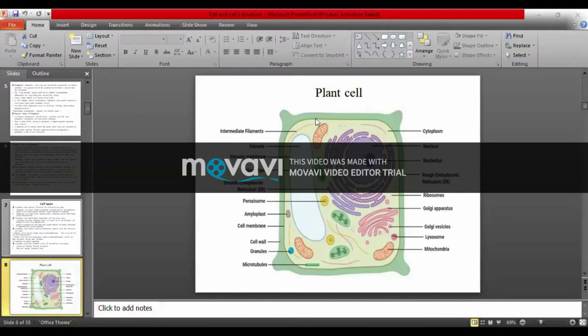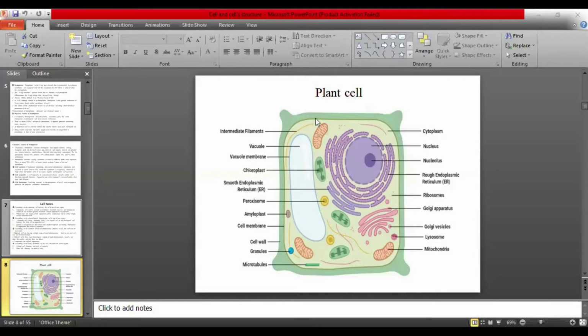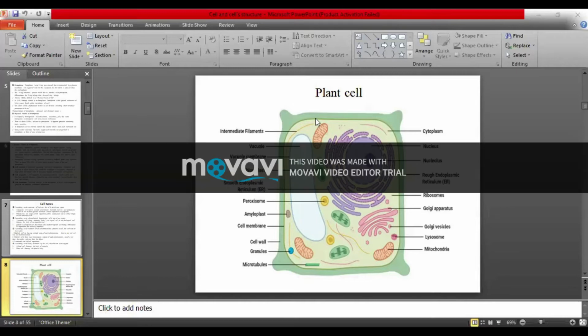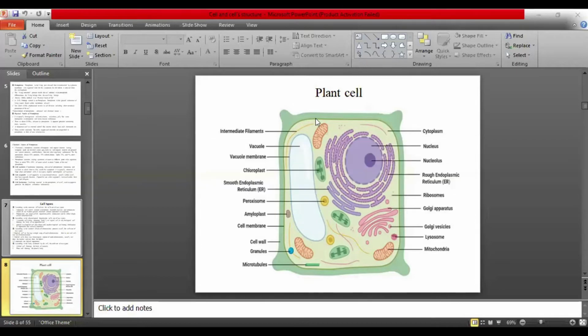Dear students, we are going to discuss the plant cell. A plant cell is a kind of cell which forms the body of a plant, and if you observe, you will see the outer side is covered by a non-living membrane that is called the cell wall. The cell wall is the most important feature of the plant cell, which helps identify the plant cell from the